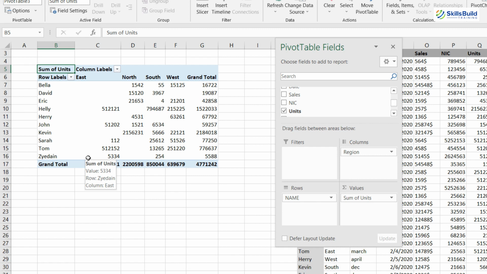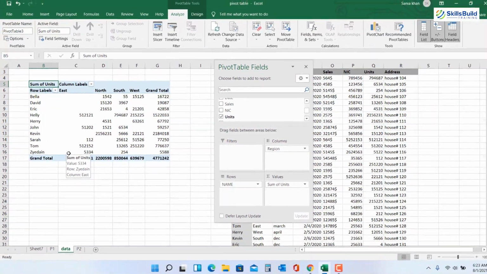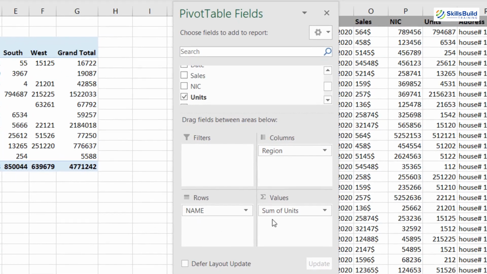You can rearrange it, you can reorganize it according to your needs, and you can use a pivot table for any purpose. Like if you want some average, or if you want to know what you are getting against some particular value, you can easily get it through a pivot table. And here I want to tell you one important thing. If you want to know the count of anything, the simplest way is to bring that particular thing here in values. It will give you the count or sum. If you are bringing a number here, then it will give you the sum.